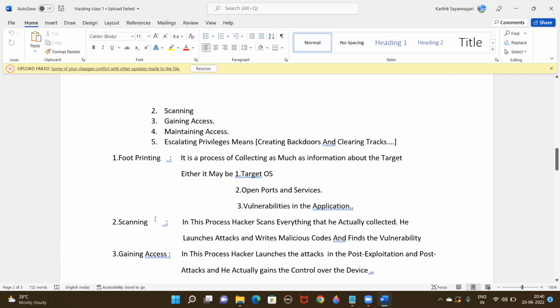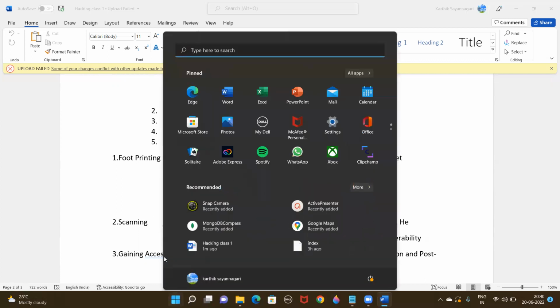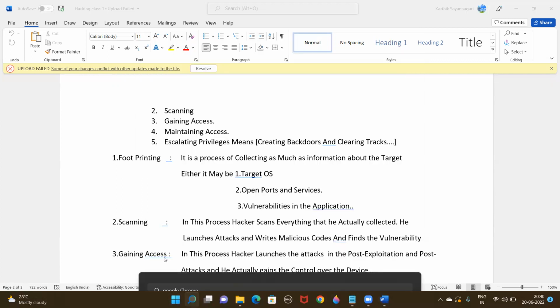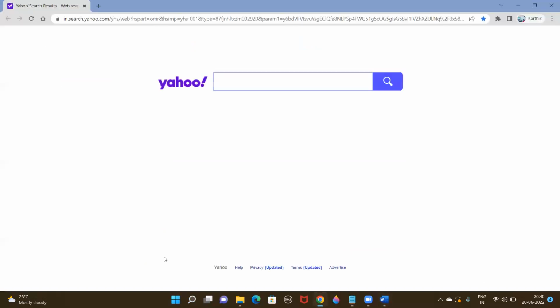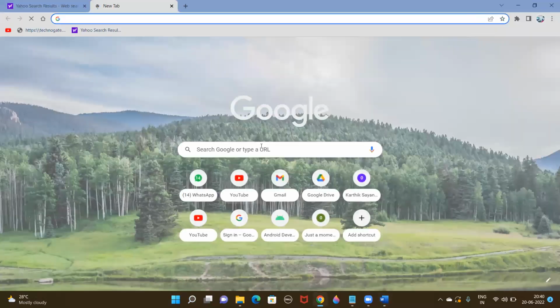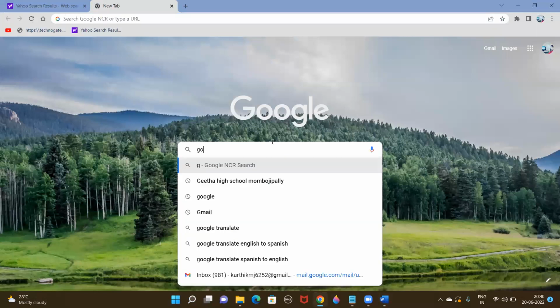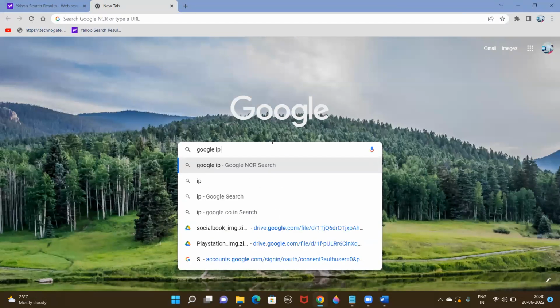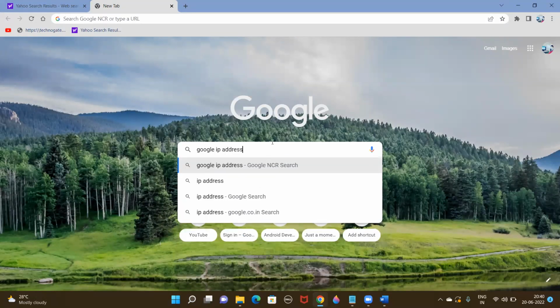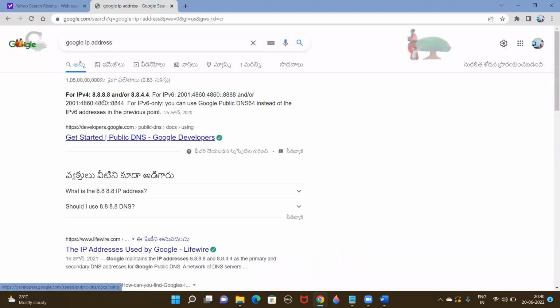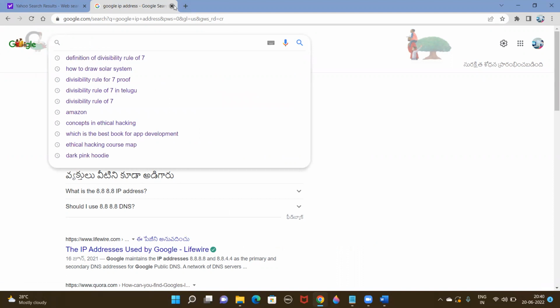Okay, for suppose I want to know Google's IP address. Let me search here. See, this is the IP address. Sorry, this is not Google's IP address. This is a private IP address. But